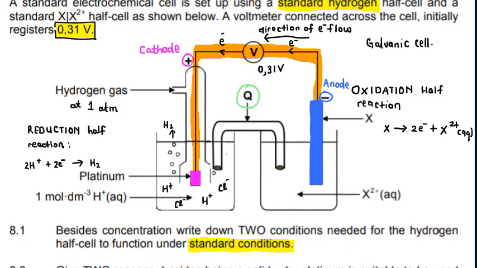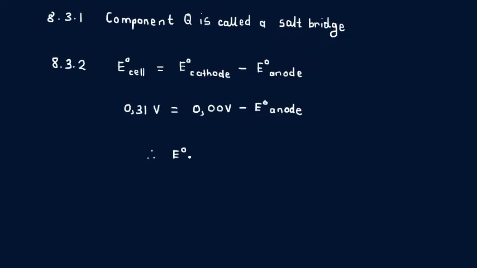And we are given the standard cell potential as 0.31 volts, and we already know that the standard reduction potential of a hydrogen half cell is 0 volts. So we can just quickly calculate the standard reduction potential of our unknown half cell. The standard reduction potential at the anode,